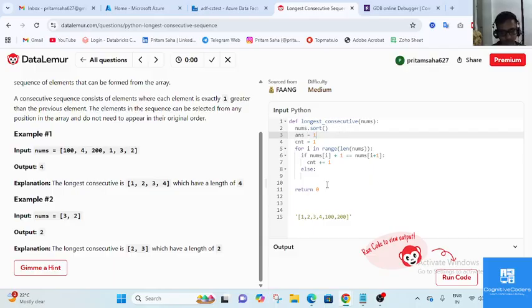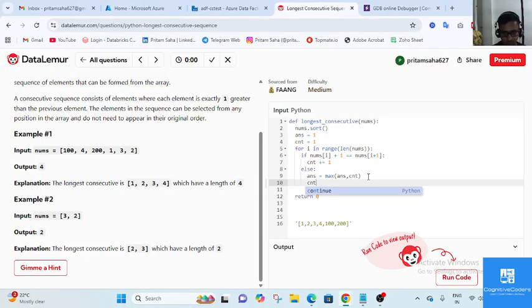As I told you, if you have an element, then 1 would be your minimum answer. So answer equals to max of ans comma cnt. Okay, it will take the answer, and once again the cnt value will refresh,